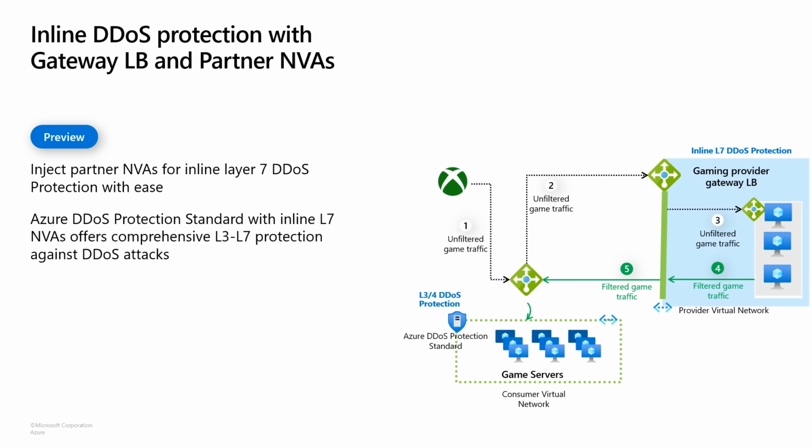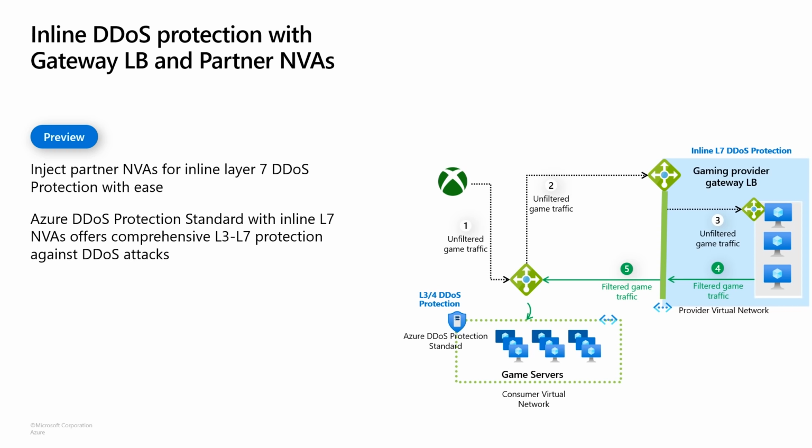Now, as we talk about internet-based attacks and threats, it's super important for us to think about DDoS-based attacks. Recently, all of us know that the attacks have increased both in volume as well as in the sophistication of the attacks. Recently, Microsoft successfully mitigated a large DDoS attack that was aimed at a property that was running in Azure. This attack was of the size of 3.4 terabits, but Azure DDoS prevented it, and it was business as usual for customers.